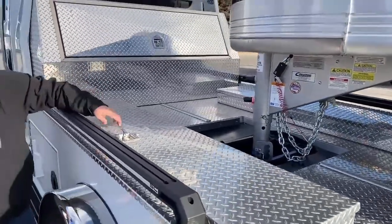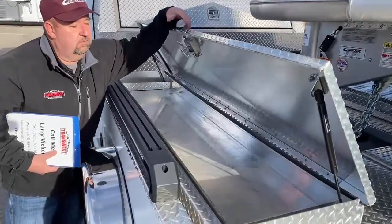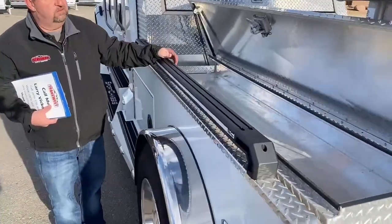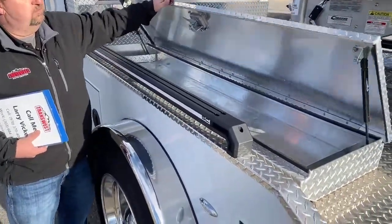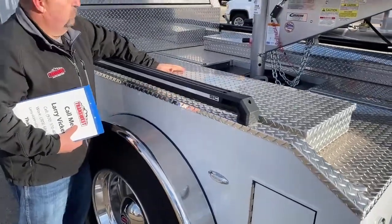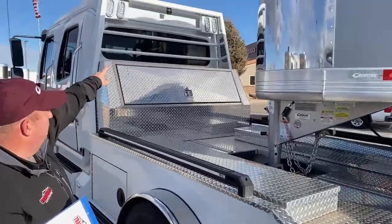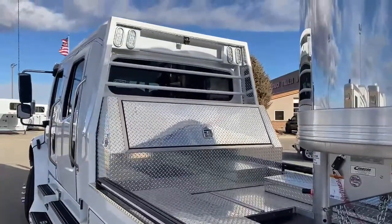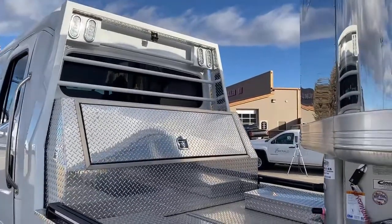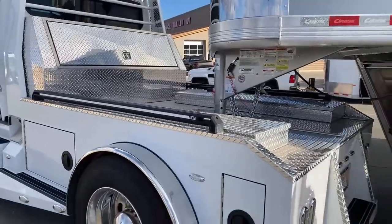The storage component right here as well. So it runs all along that side. From the ground, we can get a good shot of the backup camera located right up there. As we take a look at the rear of the truck,